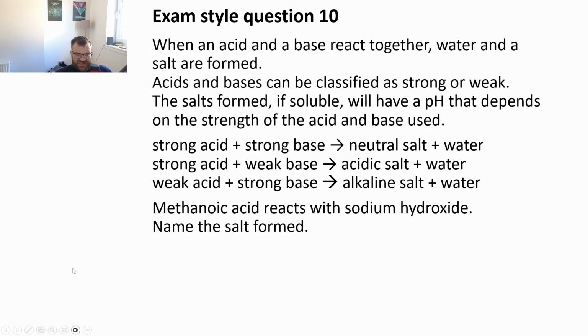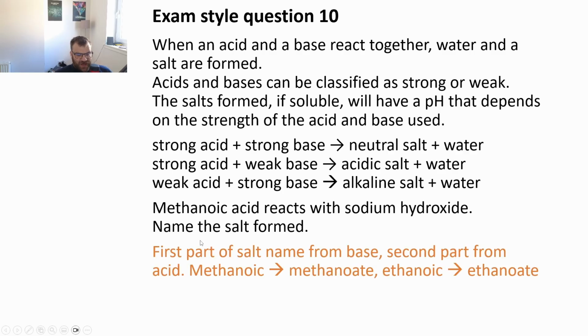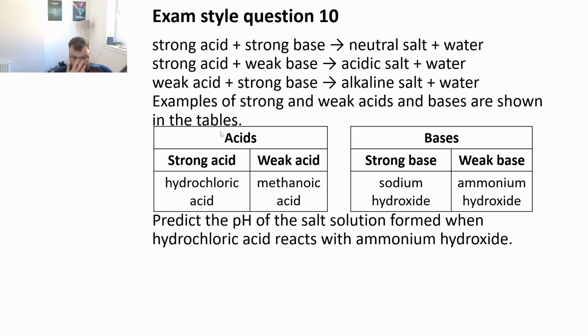Okay, so the first part we're asked is, if methanoic acid reacts with sodium hydroxide, name the salt formed. The first part of the name comes from the base. The second part comes from the acid. Methanoic, methanoate; ethanoic, ethanoate. So we've got sodium methanoate would be the one for that one. Yep, that makes sense. And then next we're asked to